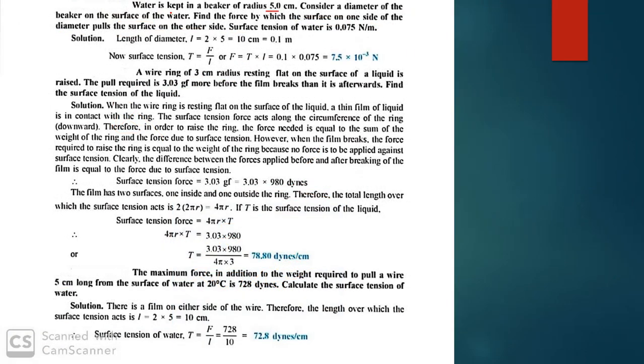So we are having water that is kept in a beaker of radius 5 cm. Consider the diameter of the beaker on the surface of water. Find the force Y by which the surface on one side of diameter pulls the surface on the other side. So it means wanachokitaka kwamba una beaker na ina diameter yake, ni kama ile imaginary line. So wao wanachotaka ni force ya upande mmoja,